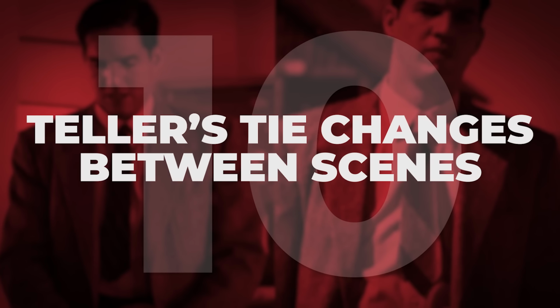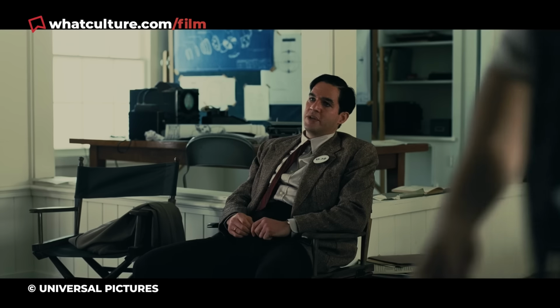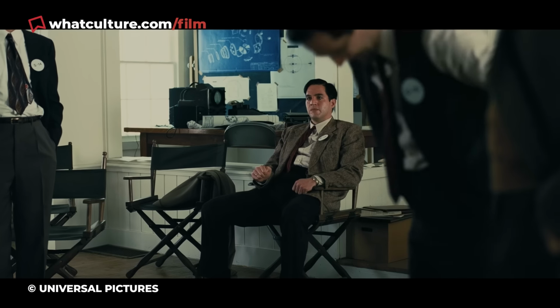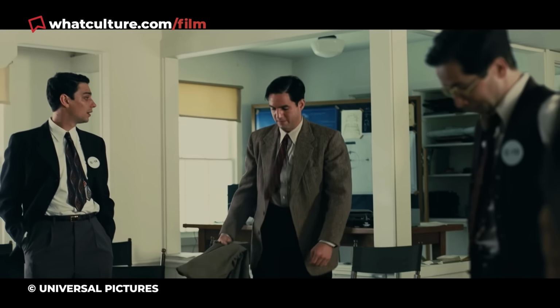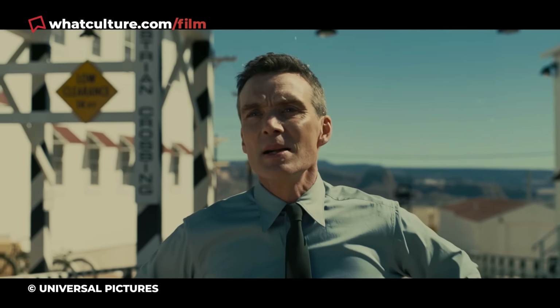Number 10. Teller's tie changes between scenes. Pierced ears are one thing, but wardrobe-related mistakes, while I don't really massively care, are a little bit more avoidable. Midway through the movie, theoretical physicist Edward Teller, Benny Safdie, who gives one of the best performances in the film, storms off after his hydrogen bomb plans are rejected,